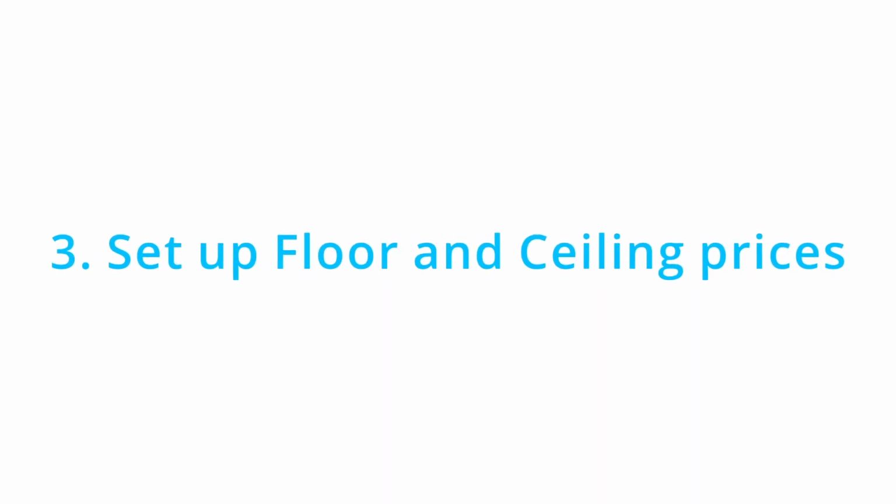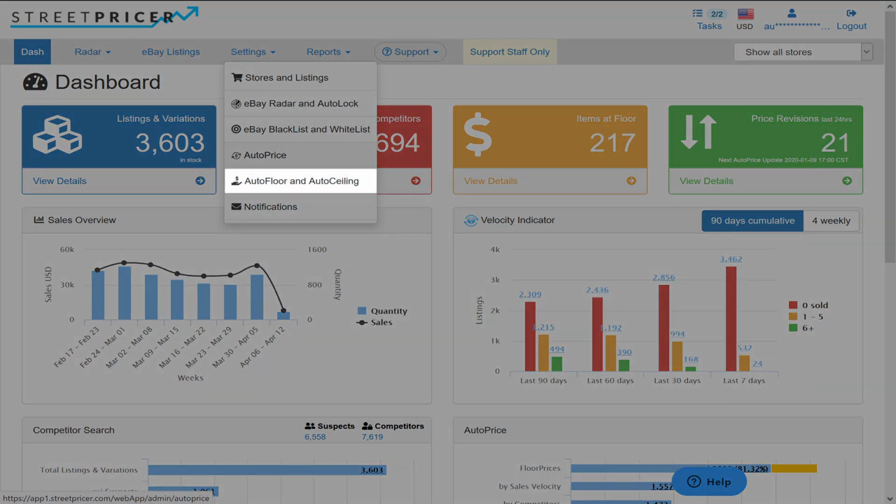3. Set up floor and ceiling prices. Floor and ceiling prices are used to control your profit margin. If you choose to have the price updates sent to your email, because that is not actually updating your prices live, StreetPricer will email you price suggestions for all items, even those without floor prices. However, if you're sending your price updates to eBay or to your e-commerce platform software, StreetPricer will only process items that have floor